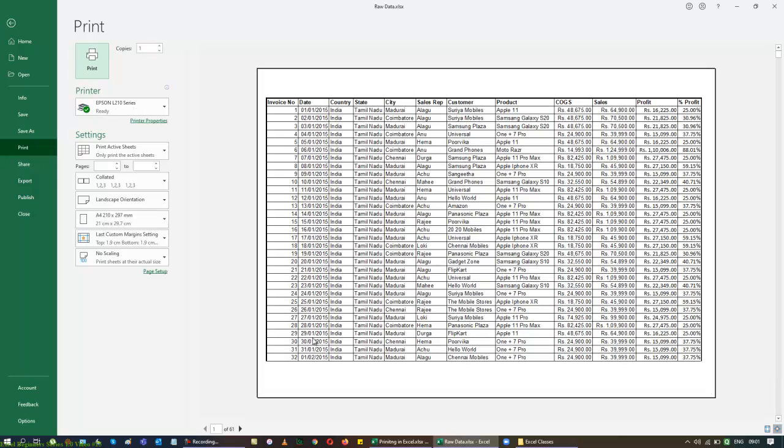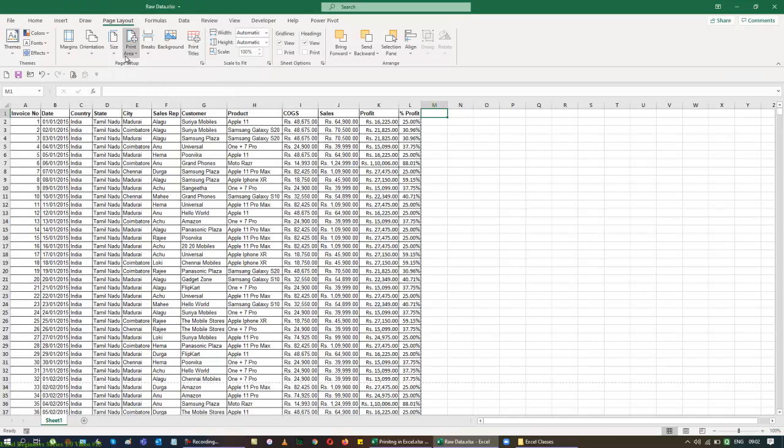Now I've switched back to our A4 paper, and I made this an A4 size paper, changed the orientation to landscape and made the scale 100%. Now we have one more option. I can set up a print area here. I can give a break in a page. So when you want to set up a print area for your list, you can set something specific. For example, I want the first 10 bills alone to be printed. Then I can select that alone and set a print area.